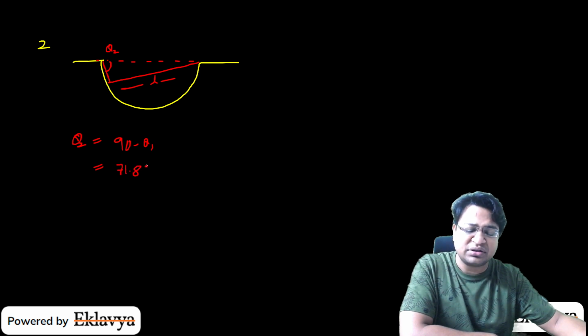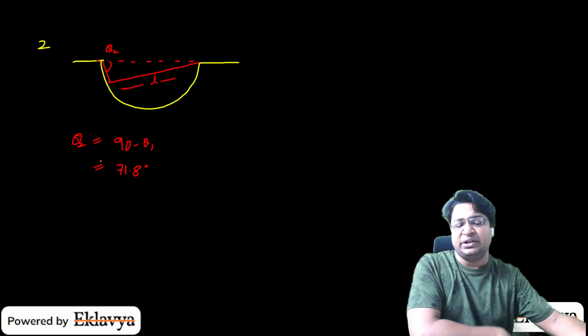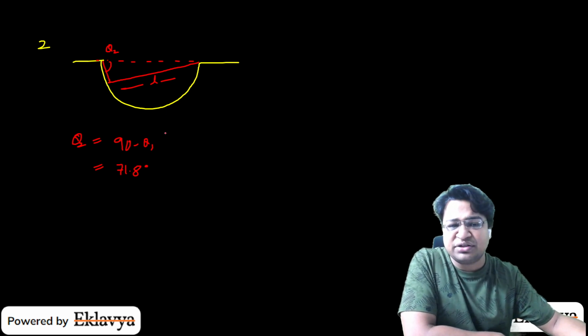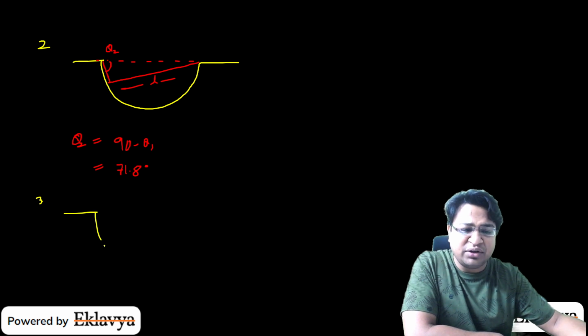71.8 and 18.2, that would make 90 degrees. So this is the angle, and theta can change within this range. Now, the third very important point to understand is that when you keep the